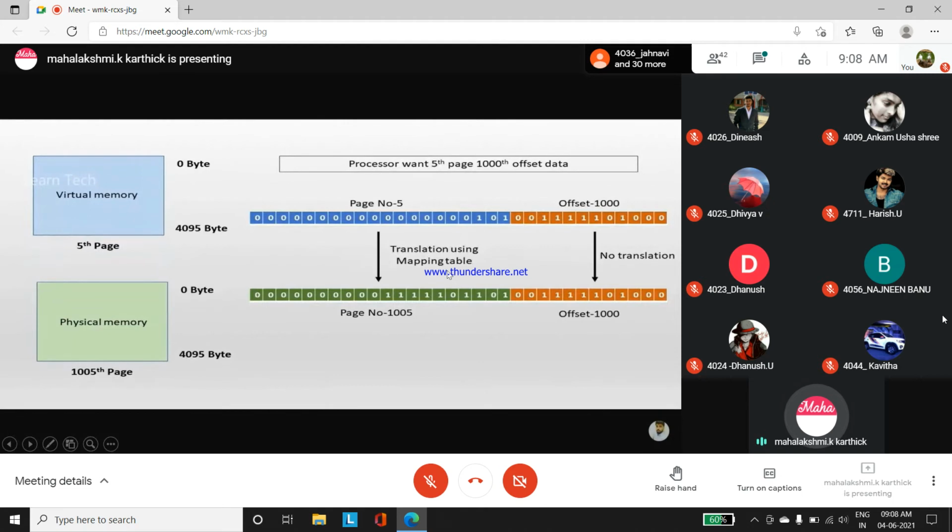So we refer to the mapping table to see which page in the physical memory this 5th page refers to. If you see, it is pointing to the 1005 page in the physical address. So this generated address is sent to the processor, and the processor can easily get the data from the located RAM address.